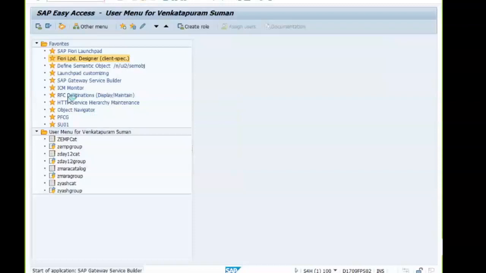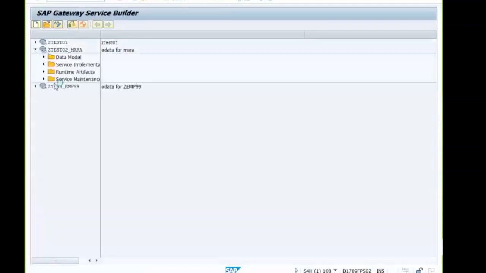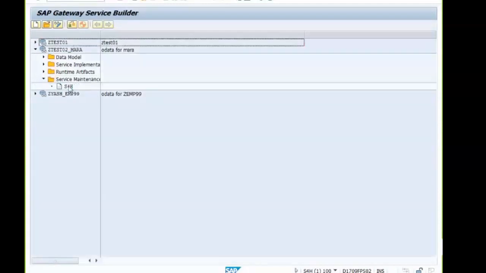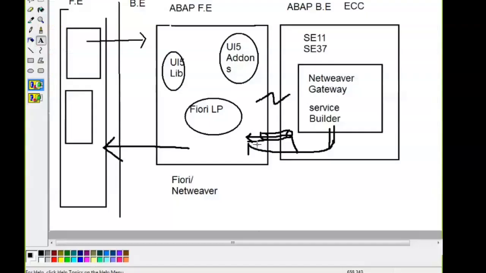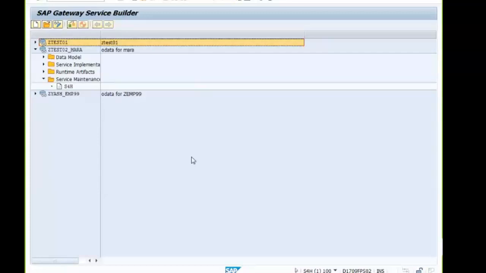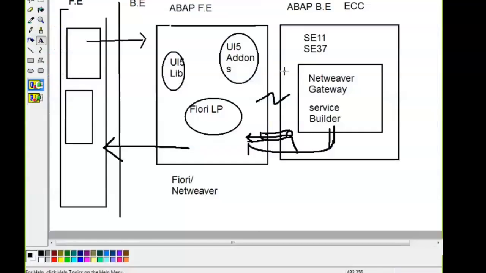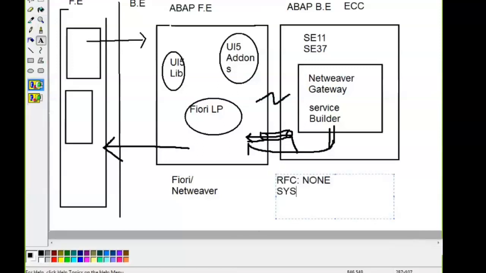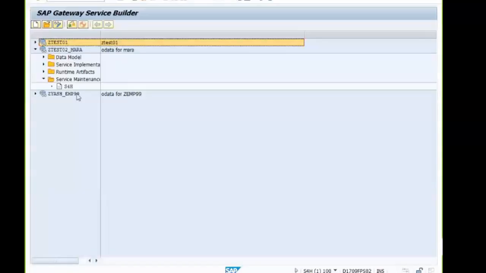when you create a project, you get only 4 folders. You won't get the file icon. That file icon is nothing but a link from the backend to the front-end server. But as we have only one system, which is called embedded, two systems are there in only one, and you have the interconnection where the RFCs are defined as none and the system aliases are maintained as local. This is what is maintained: none, or the same system pointing to the same system itself.